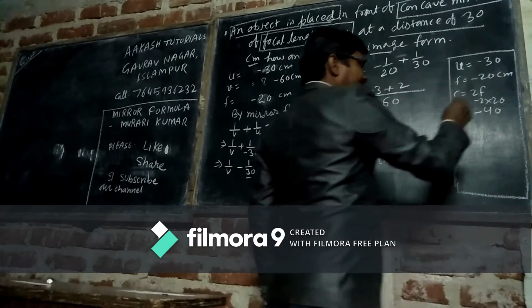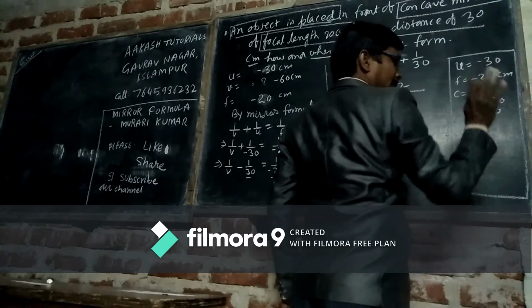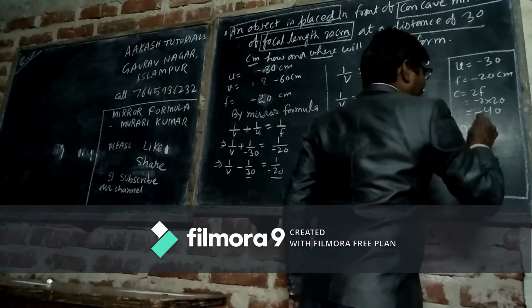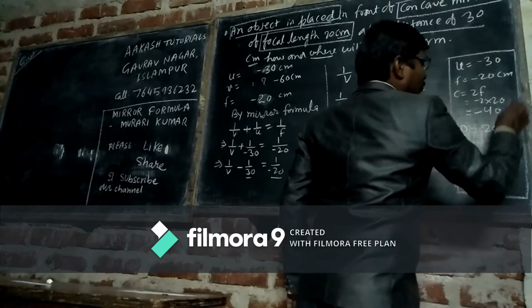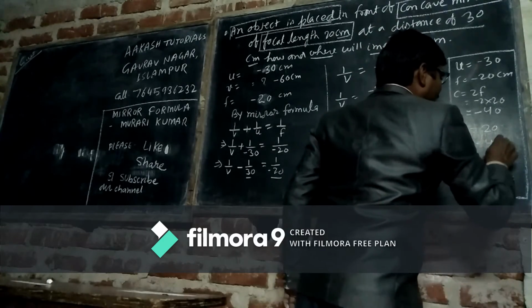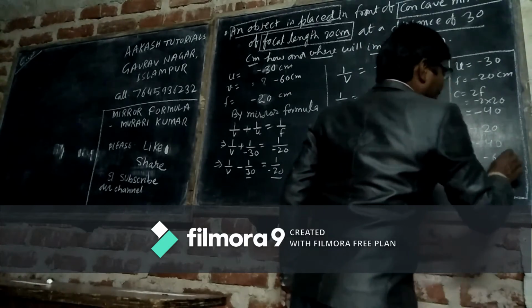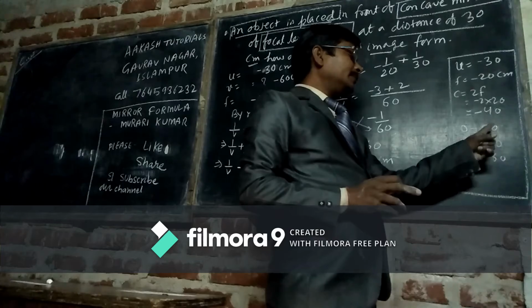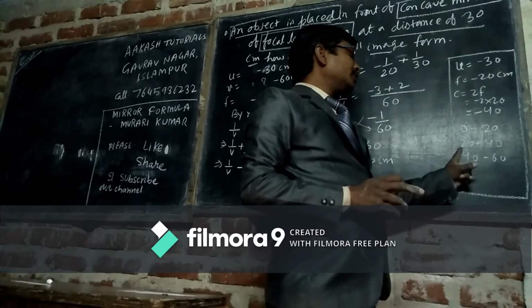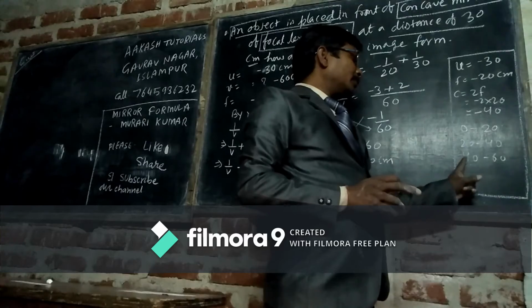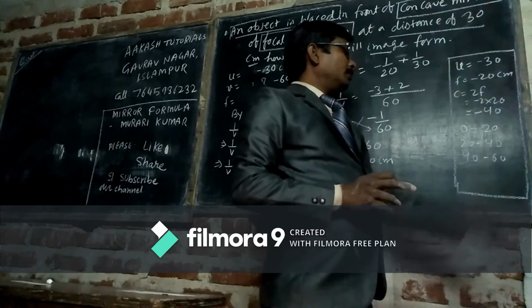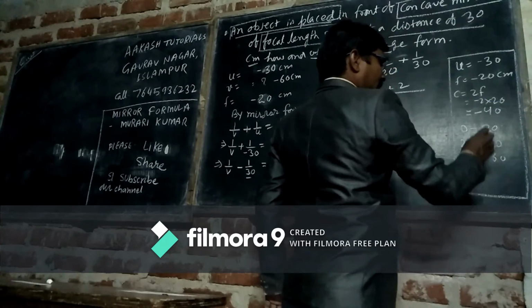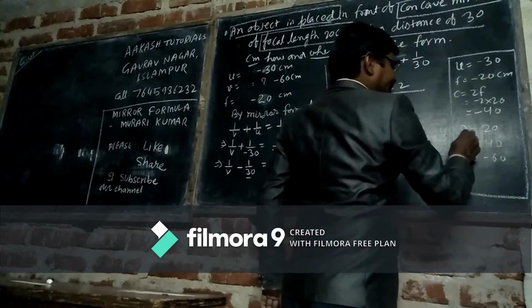Now have in mind, where is u? There may be six positions: between the mirror and the focal length, that is 0 to 20, at 20, between 20 and 40, at 40, between 40 and 60, and beyond 60. So the u is 30, that is, it is between